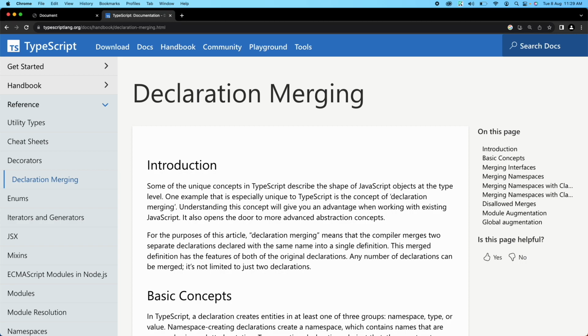In declaration merging, you can declare the same class or the same interface at two different places with the same name. And when the compilation happens, the TypeScript compiler will treat all these declarations together as one single one. Let's say you're creating interface one and writing a few variables